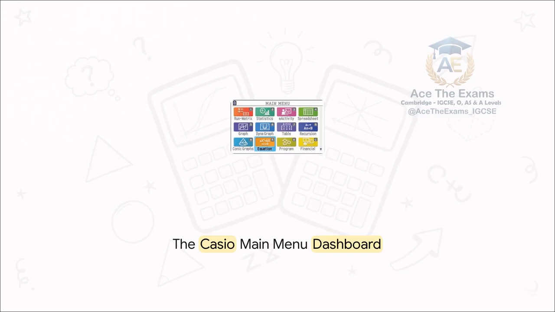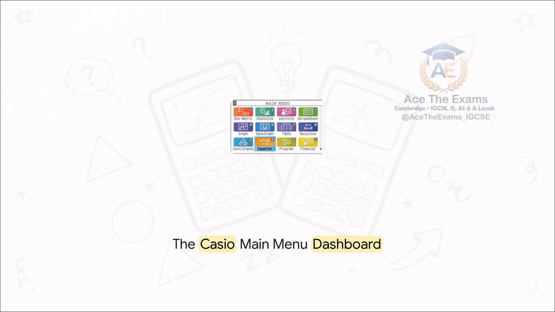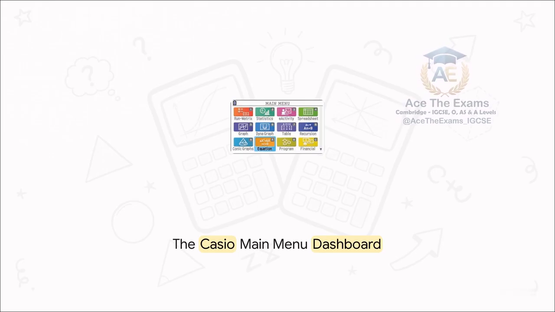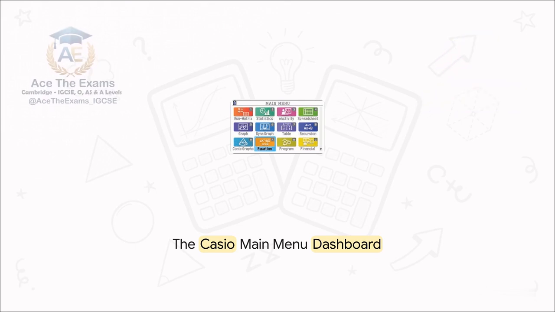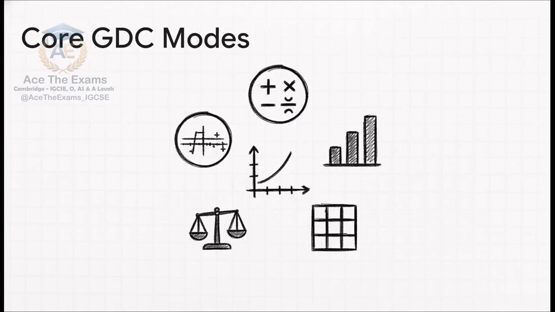You can select these modes either by using the physical directional arrow keys and pressing the Execute button, or, and this is for maximum speed during a timed exam, by simply typing the specific number or letter shown right there in the top right-hand corner of each icon. It's a massive time saver once you memorize them. Let's methodically break down these core modes right now, because knowing instantly which one to jump into solves half the